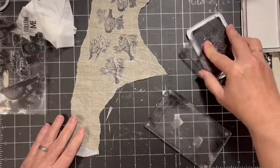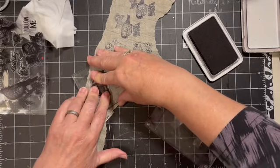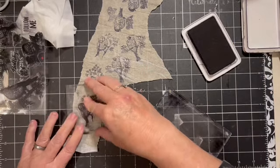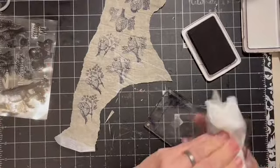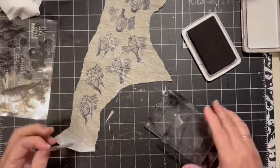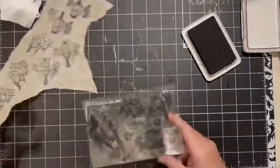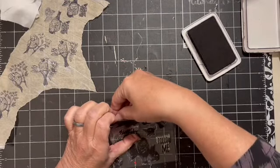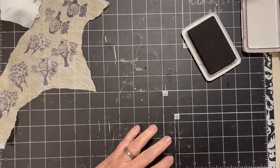So tattoos came about because I wanted to be able to add things to a journal even after I had finished it, basically. Because one of the things that I figure is I don't do that because I don't want to mess up the stamping and then mess up the whole thing. So I came up with doing this. I'm sure somebody else has done it out there. I haven't seen it, but